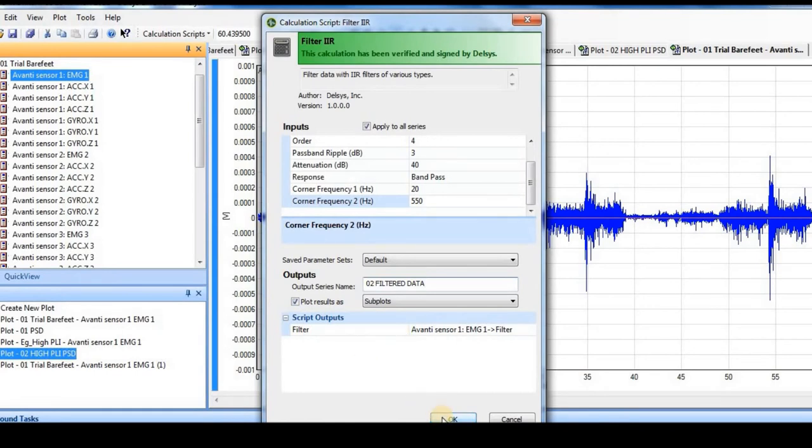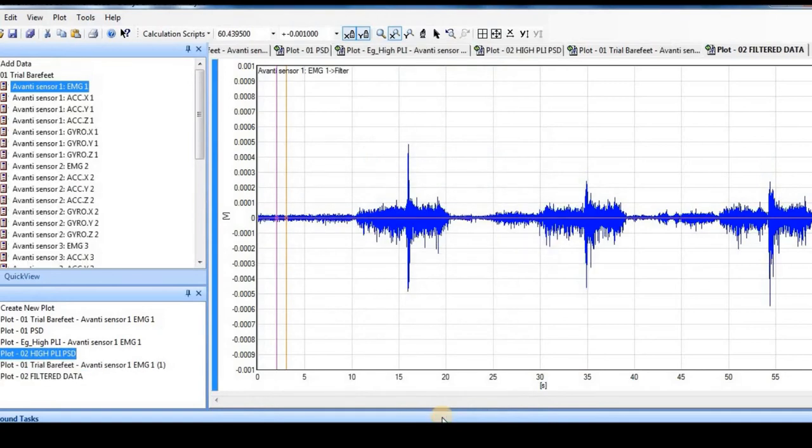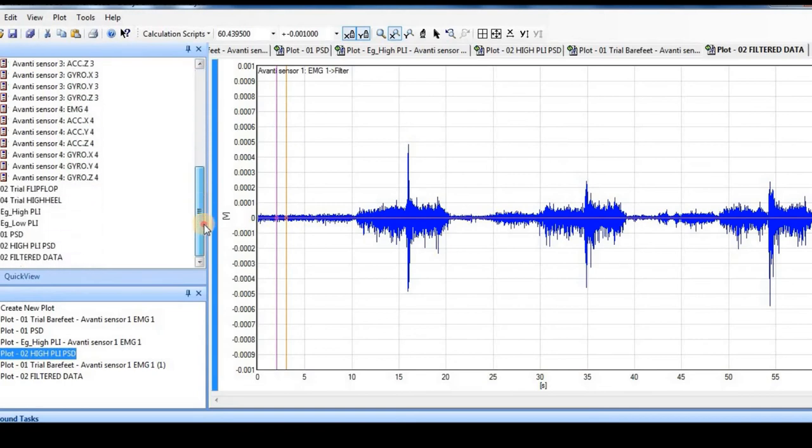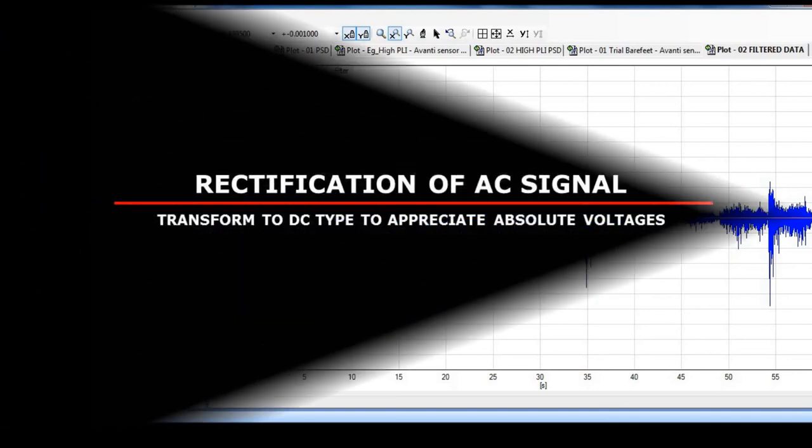So clicking OK will give me, you will see that not much of the difference is seen on the plot, because the noise that was there in the signal is extracted, and this is the filtered signal. We won't find much of the difference, but yes, we have a file here, the 02 filtered data file, and this file I will be using for my next step of pre-processing.